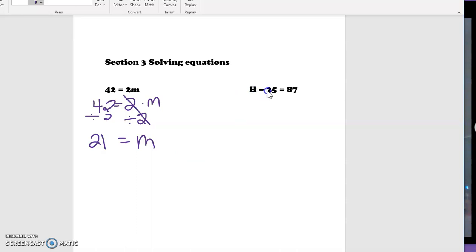Second example, I have h minus 25 equals 87. The inverse of subtraction is to do addition. Again, we're using the inverse operation here to show that these two will cancel out, and that isolates the variable. So now this will read h equals. We want to make sure that we do the same thing on each side, so I'm going to have to add 25 on this side as well, which will get me